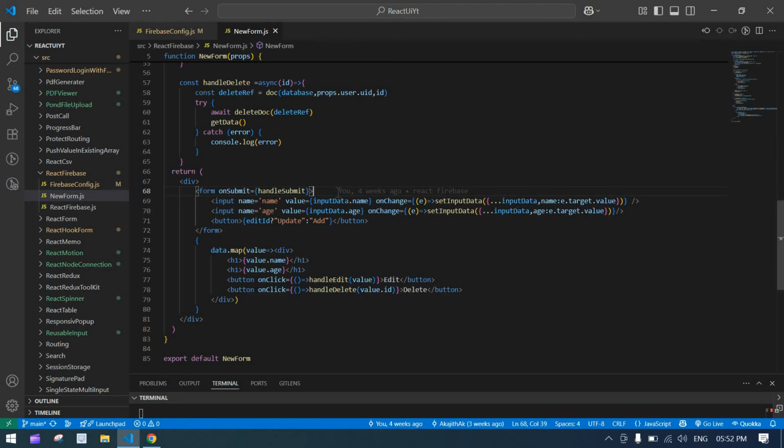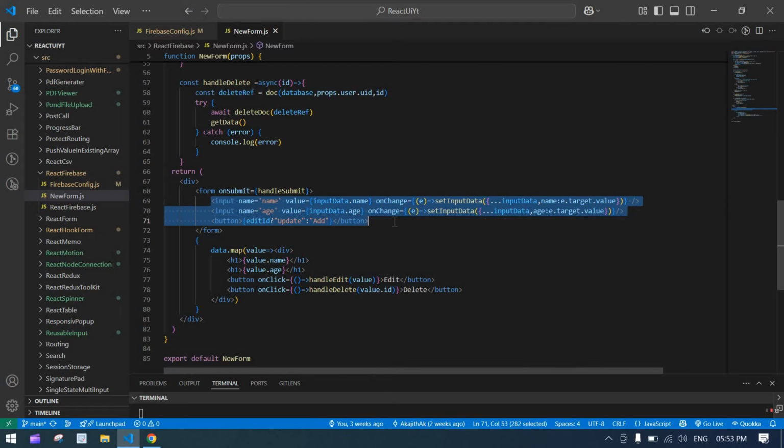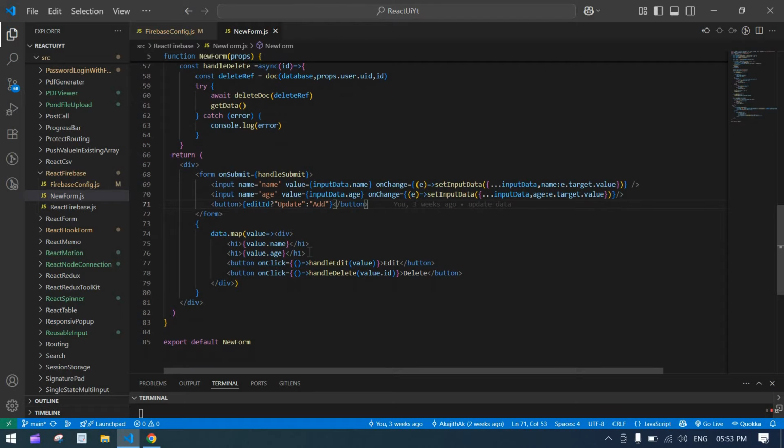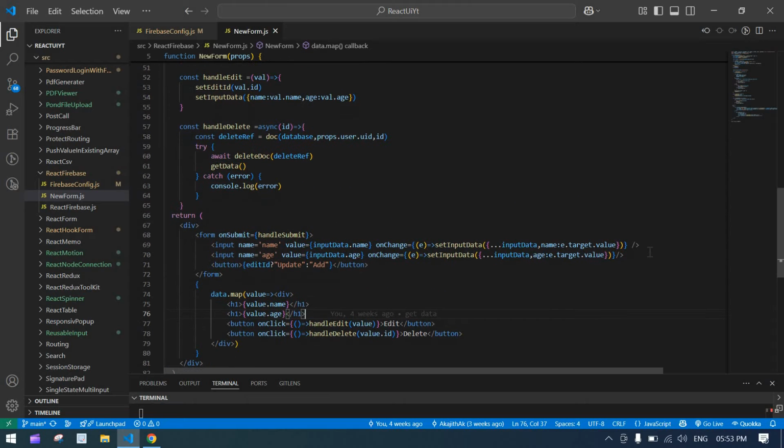Hello everyone, this is going to tell you how to upload image and text to Firebase. In the previous video I inserted all the text data. Now I'm going to insert an image and also display that text plus image here. Okay, let's start. First I'm going to create an input field